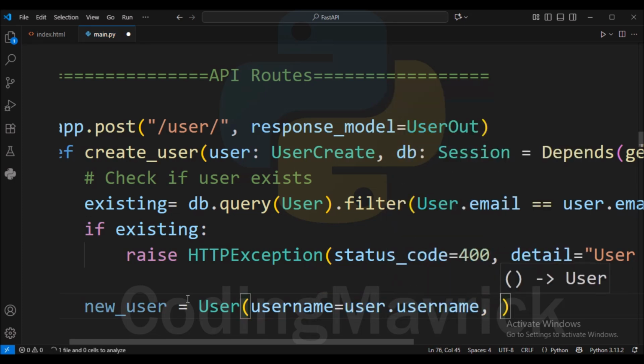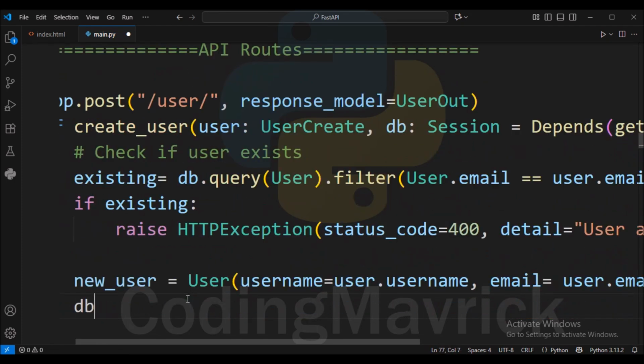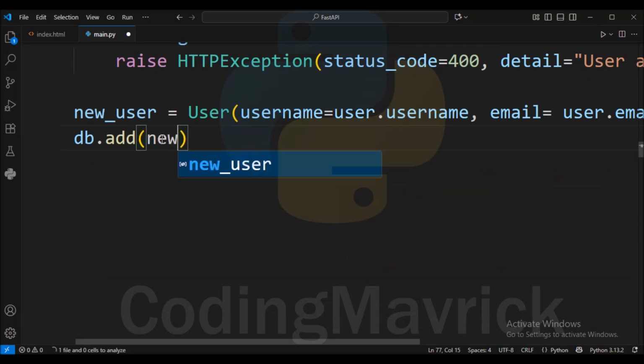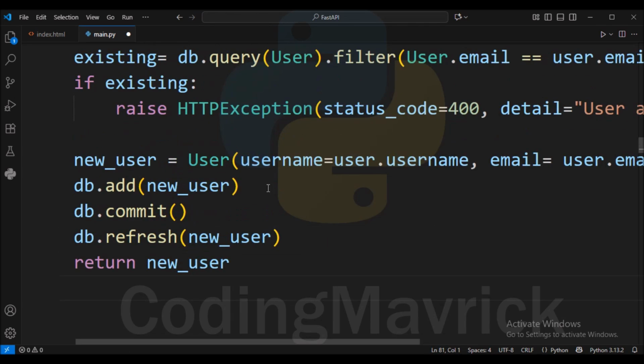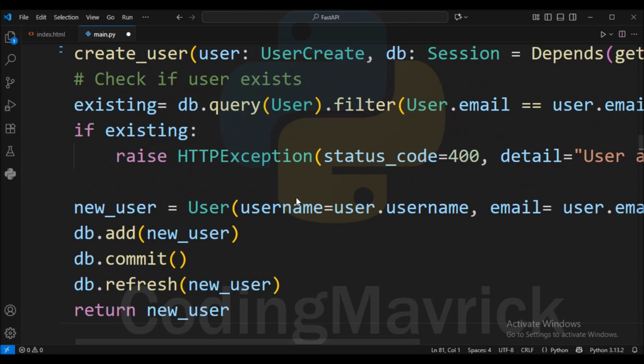Add the instance to the DB session, staging it for insertion. Commit the transaction. The new row is persisted in the DB. Refresh the ORM object so fields populated by the DB are loaded in the new user. Return the ORM object. FastAPI and Pydantic will serialize it to the UserOut response.